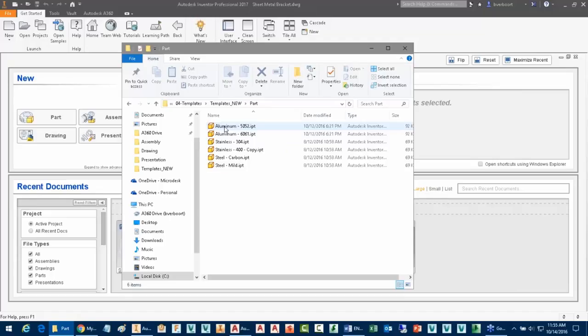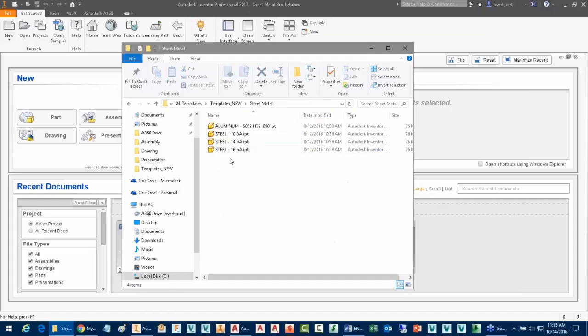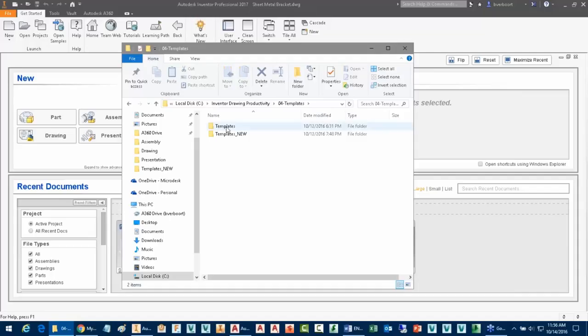In addition to that, I could be as specific as I wanted to here and actually have some predefined templates that also kind of focus and consider material right out of the gate for our sheet metal environment. So don't think that you have to use the templates the way they are out of the box. They can be completely reorganized and restructured, and I'm going to go ahead and just show you what that looks like. So in this case, I'm going to just rename this folder templates,